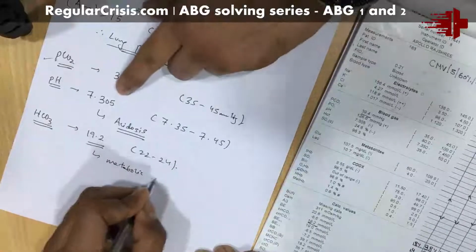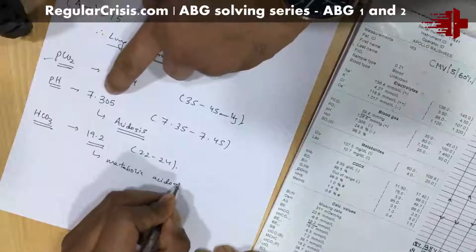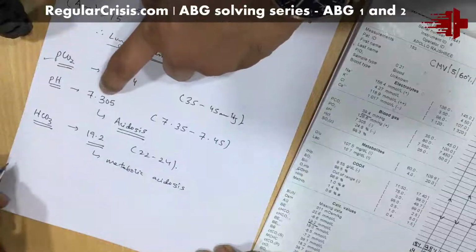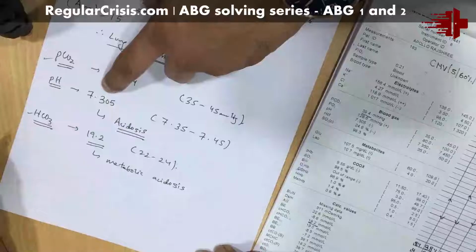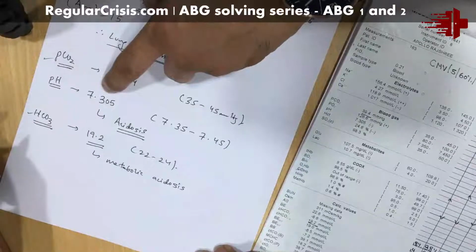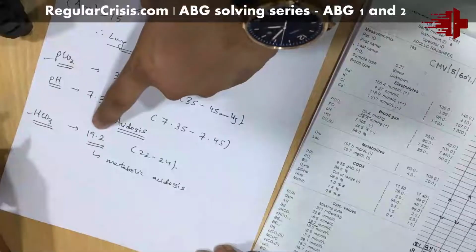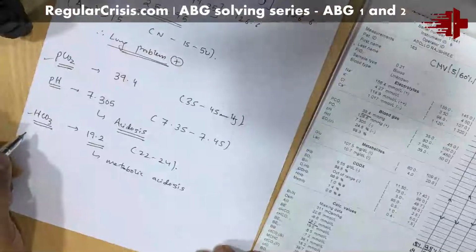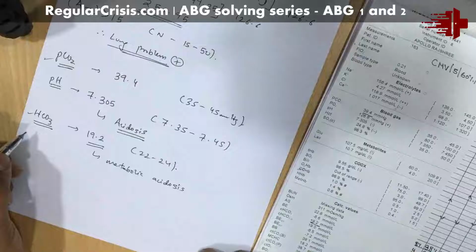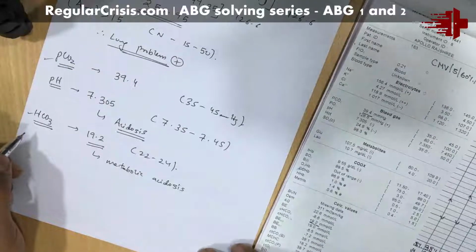See, once you find out your pH is less than 7.35, meaning acidemia is there, either bicarb should go down or PCO2 should go up. PCO2 is within the normal range, 39, between 35 to 45, and the patient is on the ventilator, and bicarb has gone down. So it's a primary metabolic acidosis. Once you have metabolic acidosis, you need to classify whether it's high anion gap, normal anion gap, or low or negative anion gap.